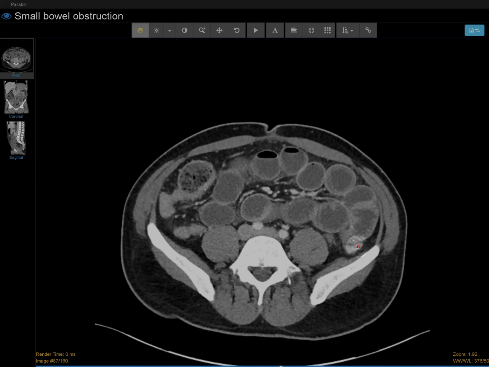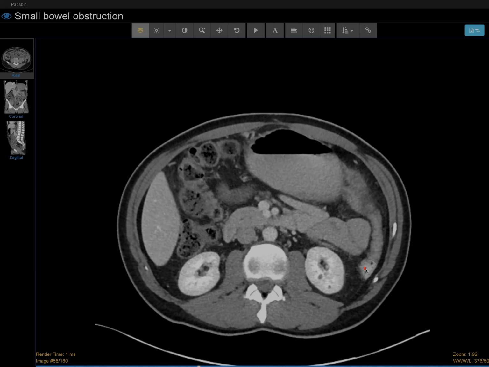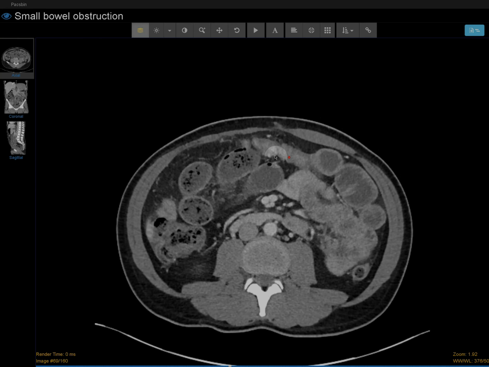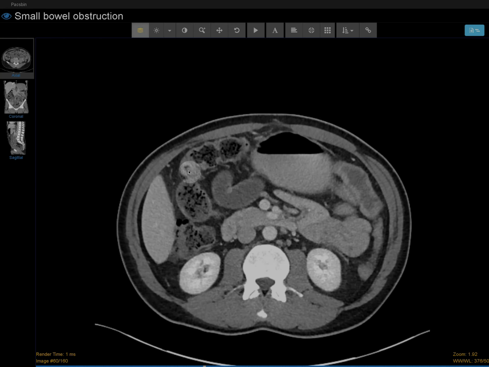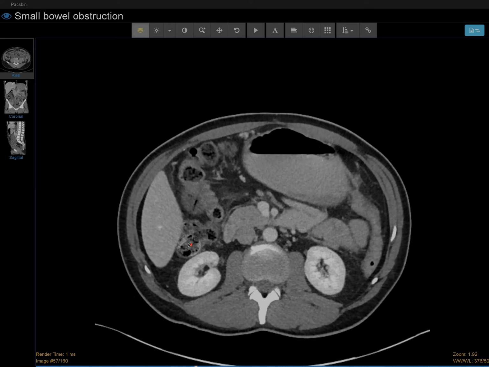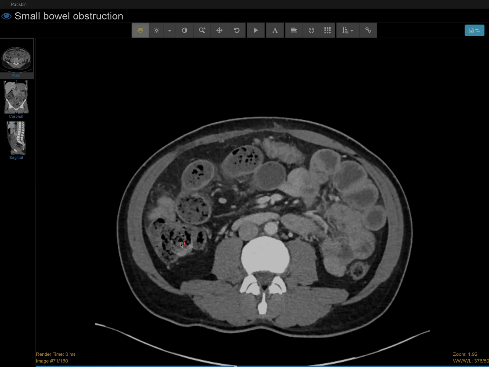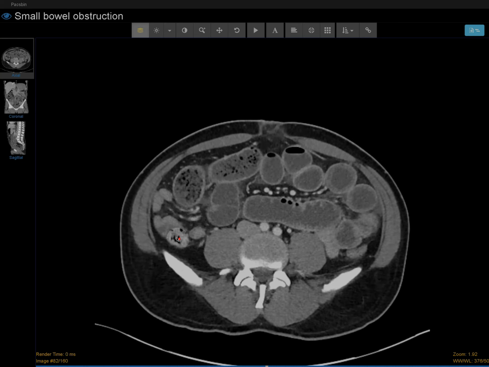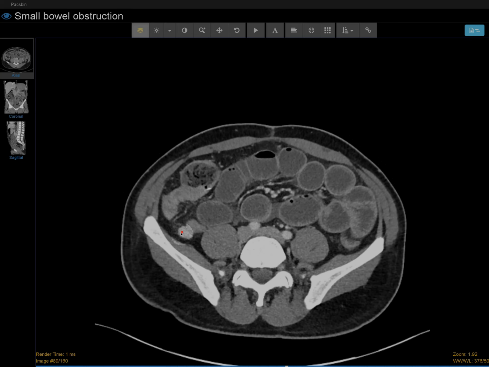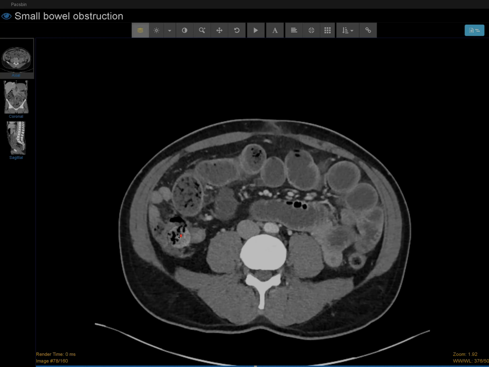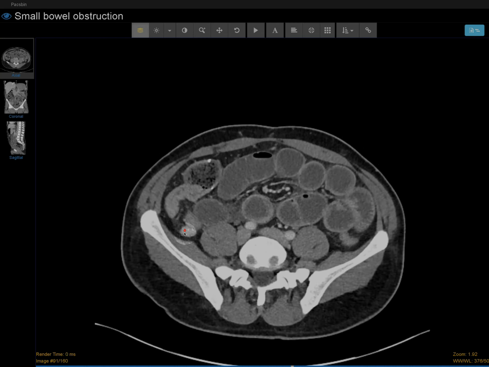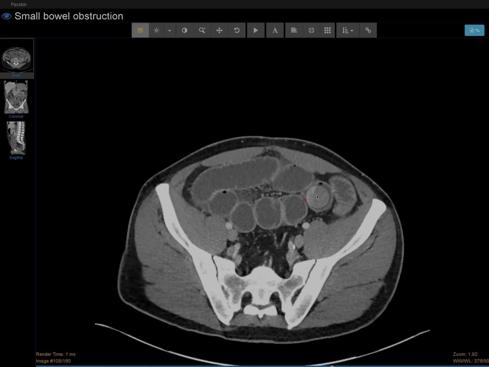There's my descending colon right here, pretty decompressed. My transverse colon is here, here, here, coming back. This is my descending colon. This is my terminal ileum going into the cecum. And let's see if I find the appendix. Now, finding appendix can be hard. I'm not going to spend a bunch of time now trying to find appendix, so I'll look at that, and then I'll look at the